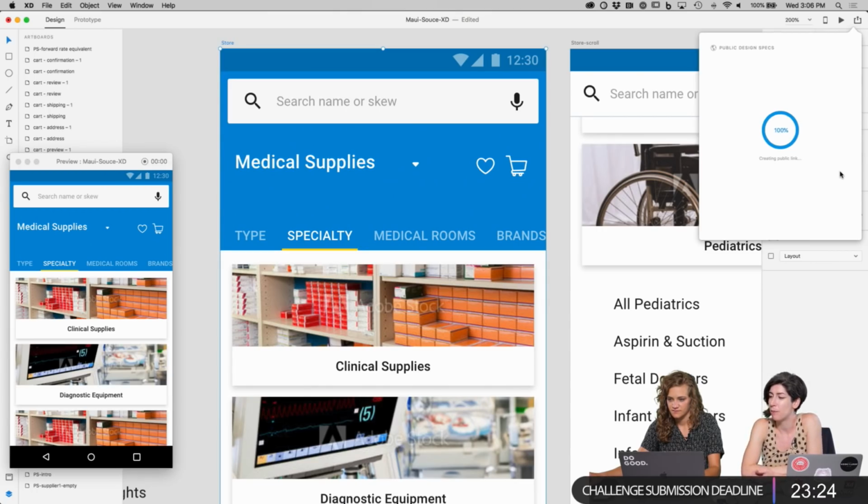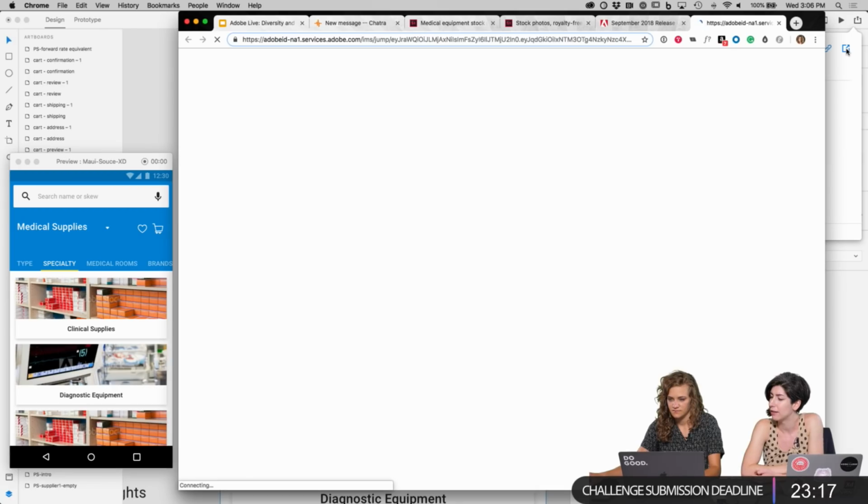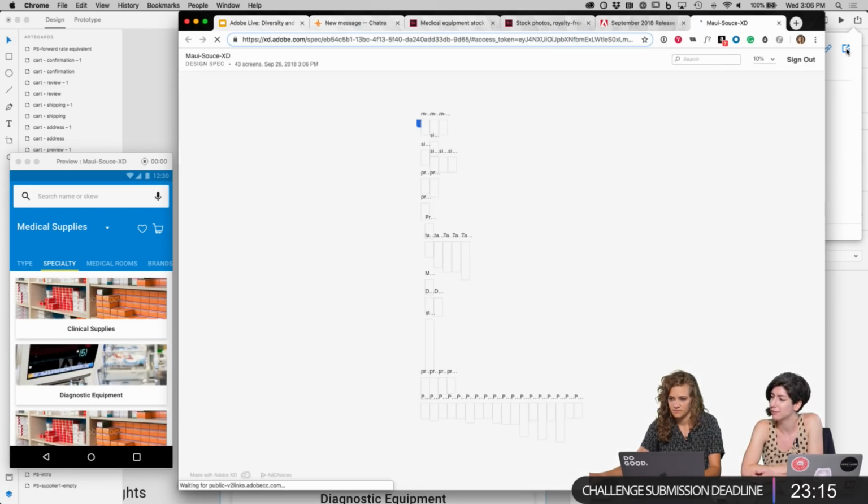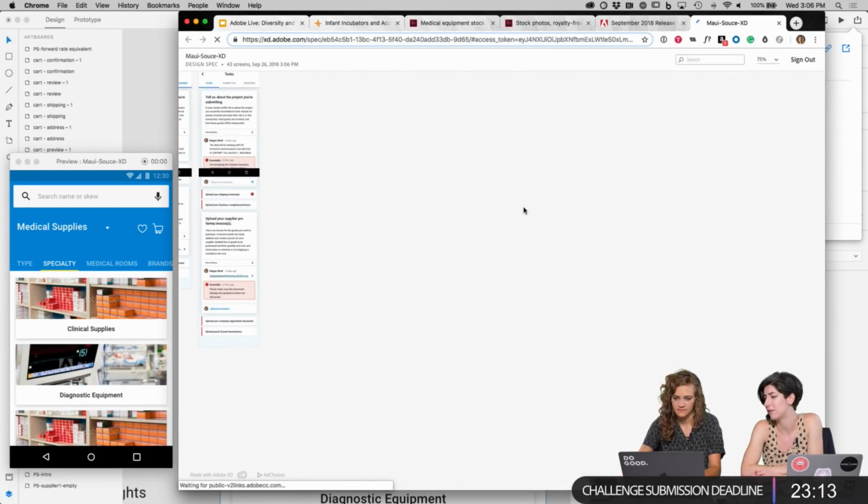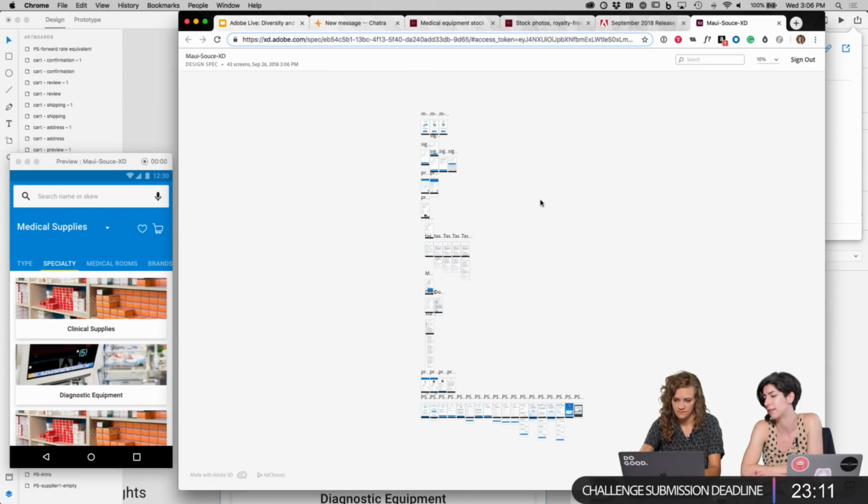And when we open this link, it'll pull in all your artboard information. So you can open that link. It'll open in a browser. Nice. You can zoom in. And if you were to say click on an element